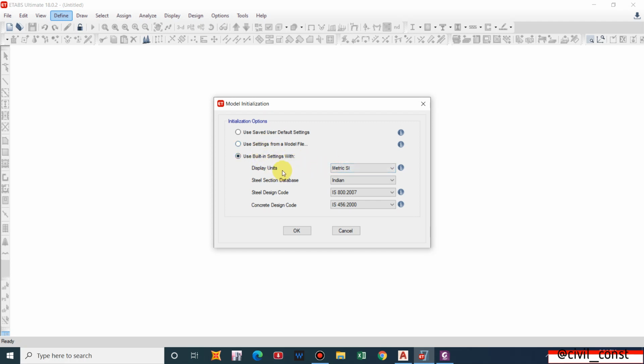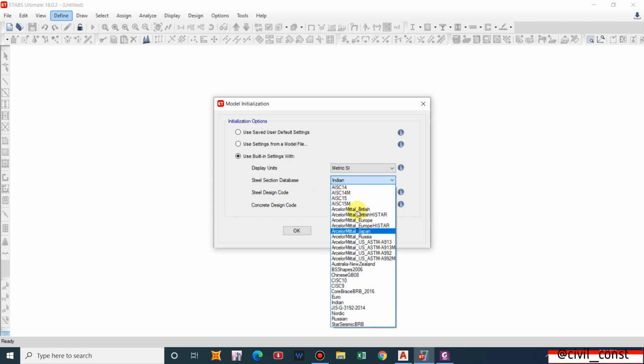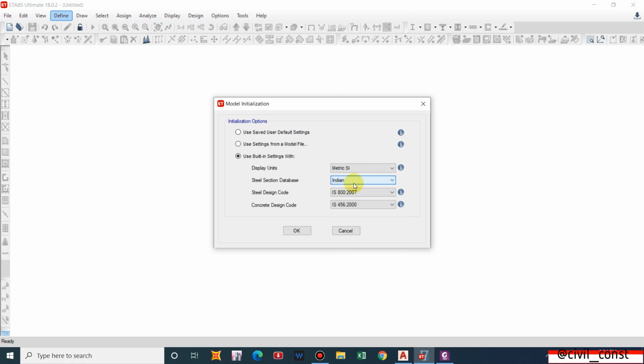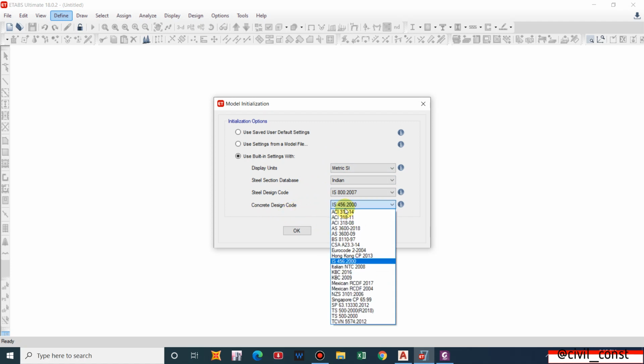For display units, I'll be using Metric SI, instead of US Customary or Metric MKS. For steel section according to your country, I'm using Indian, although I am from Nepal, but we are using Indian code. For steel design code, again Indian Standard, and for concrete design code, again Indian Standard.